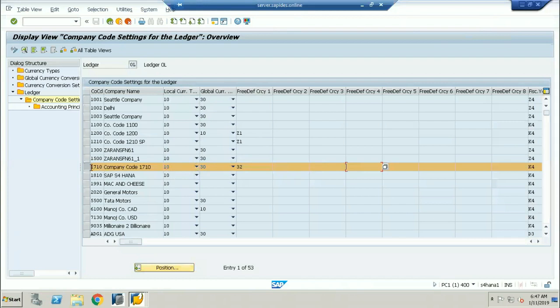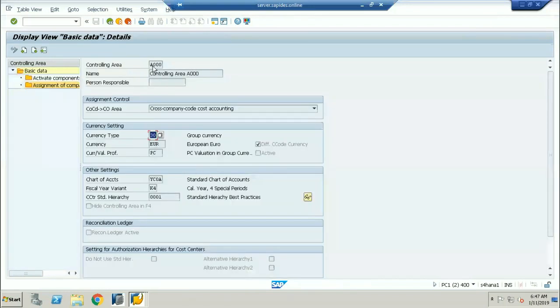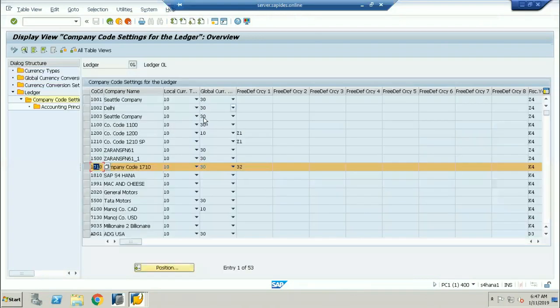Whichever the currency you have assigned to this company code, that will become your local currency. What is the local currency type? That is going to be called a 10. Okay, yes, we know that. Now, from where has this 30 come? This 30 has come from the controlling area currency. Whichever currency type you have assigned to the controlling area, very, very important, either it is the 10 or 30 or 40, whatever may be, whichever currency type you have assigned here, that will become your global currency in your universal journal entry table. You can see here, for example, 30 is automatic.